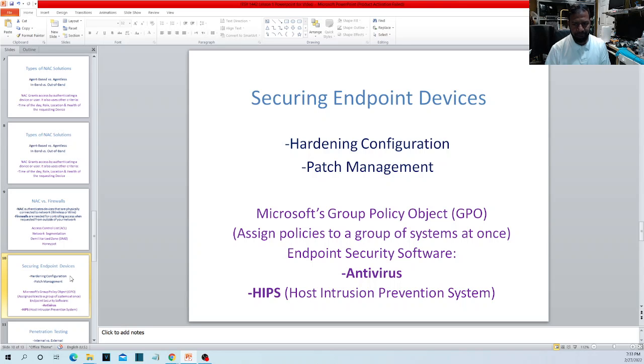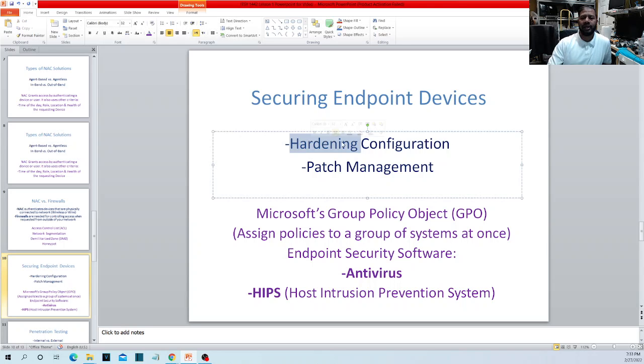Okay. Now, how do we secure an endpoint? Hardening the configuration. You make sure all your end devices, meaning your PCs, your servers, your laptops, your phones, are configured properly, so they are not vulnerable. You use external software like antivirus. In the software itself, whatever program you're using, say QuickBooks, you make sure you put a password and configure it properly, so that not everybody has all the privileges, and not just anybody can use that program.